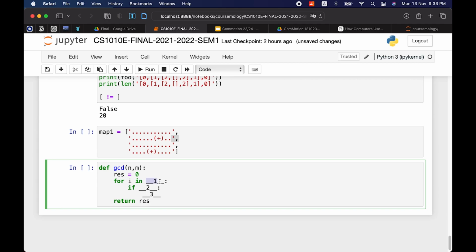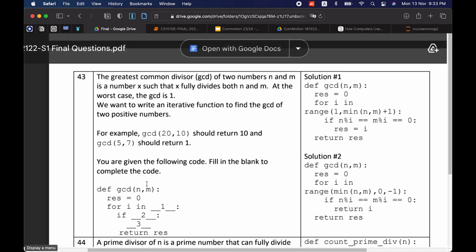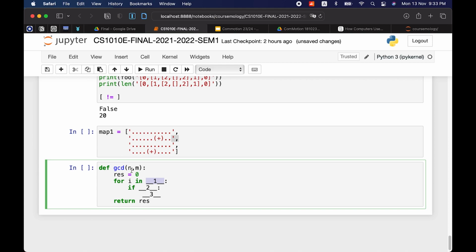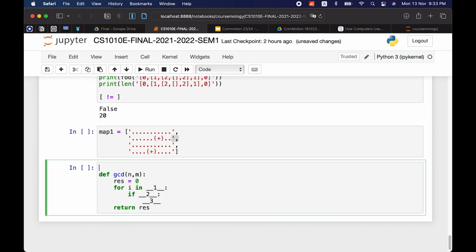So basically, what we should put in here is all the values from, because we have these two numbers, right? So let's theoretically take 6 or 10, 7 or 4.